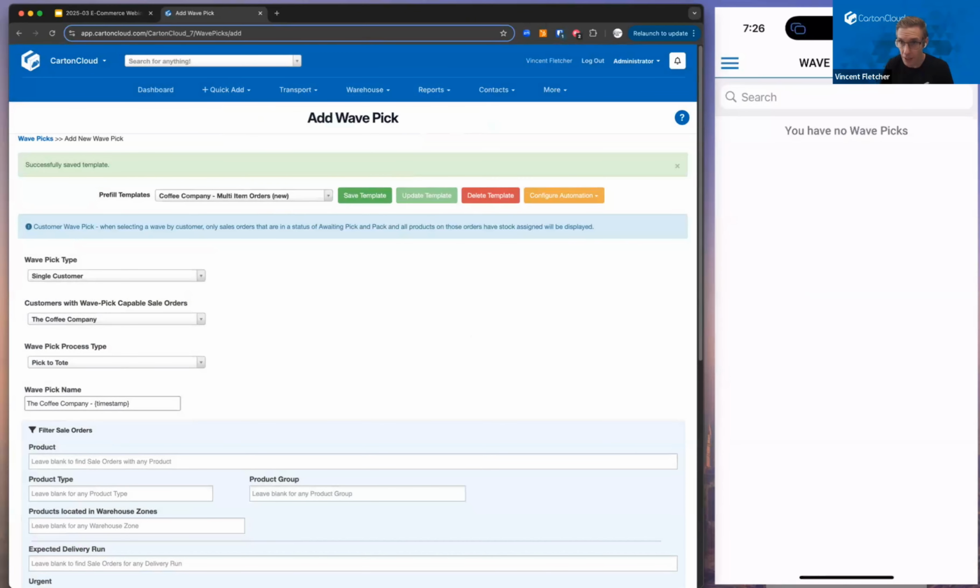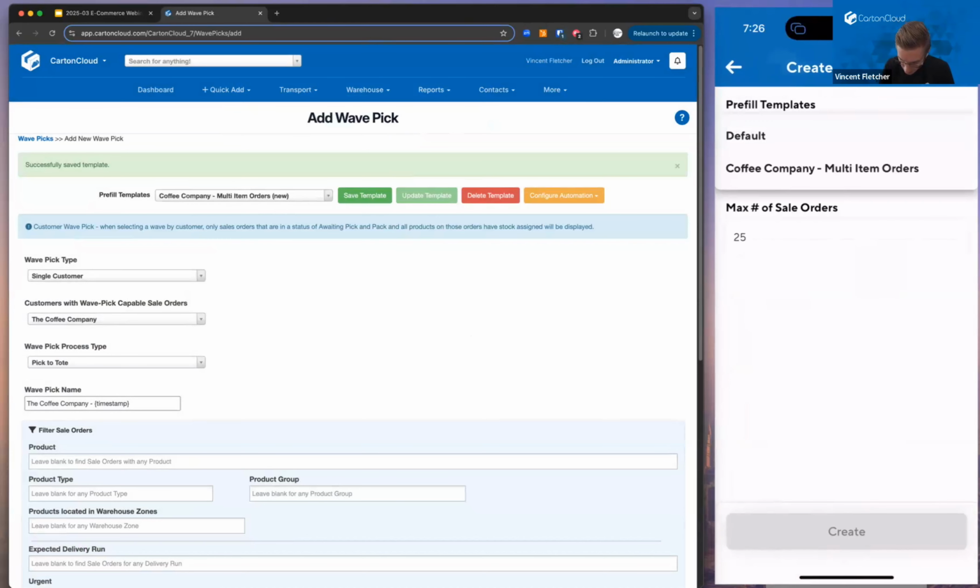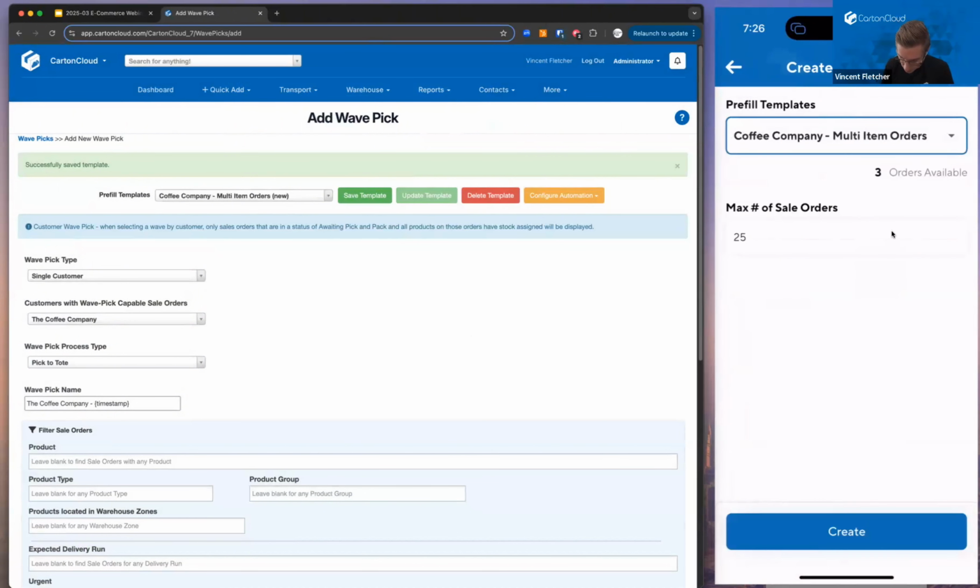And now on the mobile app, if I tap on this little plus icon up here and tap on that, it gives me pre-fill templates, and I can choose from that template now. So I'll choose that one. And it shows me straight away, hey, you've got 3 orders available for using with this pre-filled template. This box down here where it says maximum number of sales orders, we have that so that if you had, I don't know, 400 orders which needed to be picked, you can actually limit how many are going to go onto this wave,